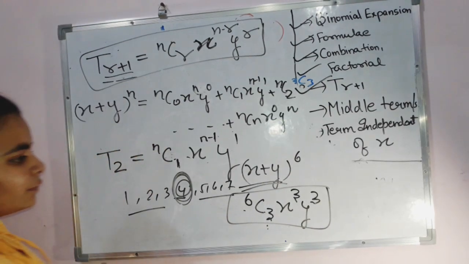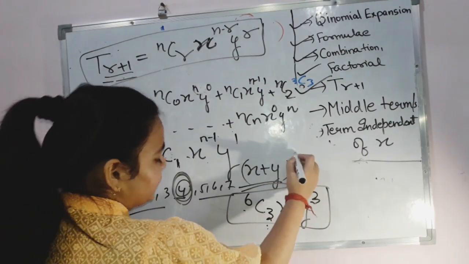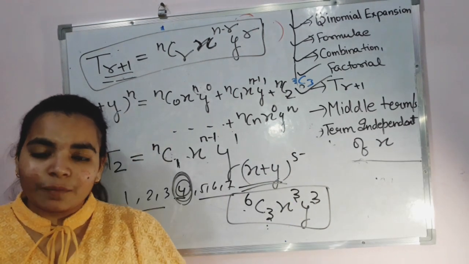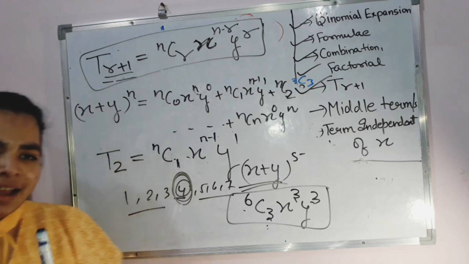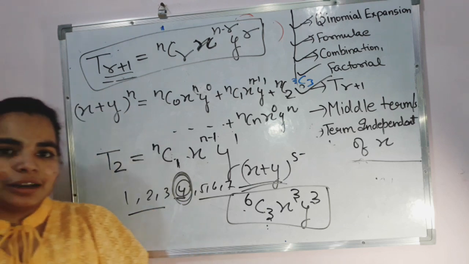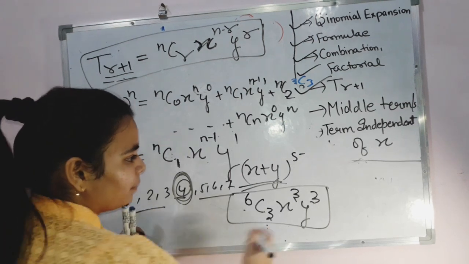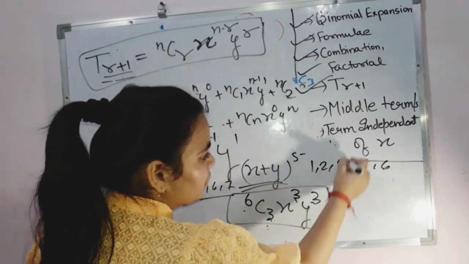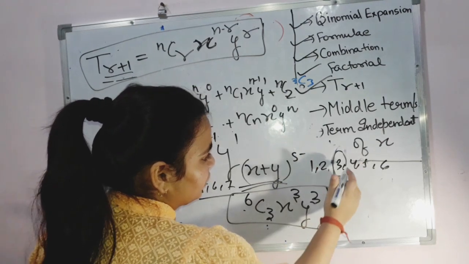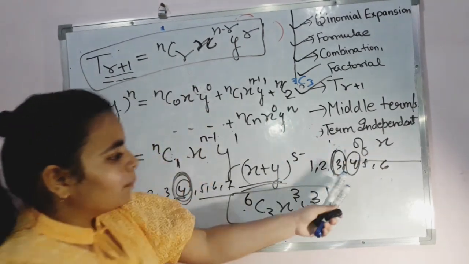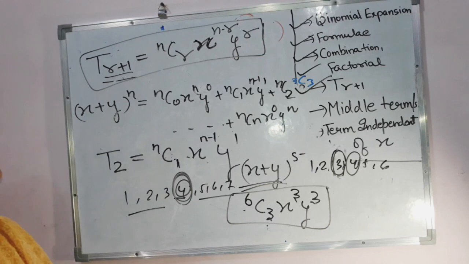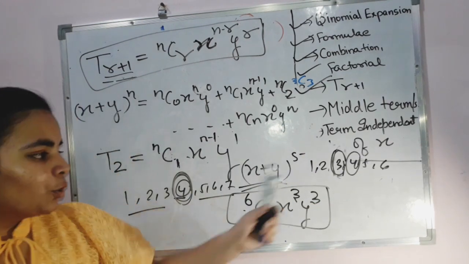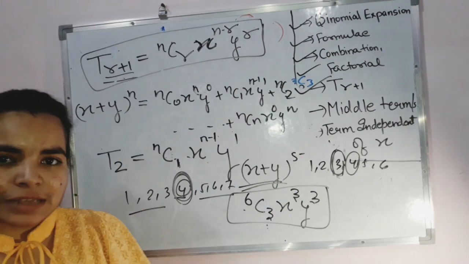Now if instead of 6 it was 5 over here, then I would have 6 terms. Now when I have 6 terms, can I say my 3rd term or the 4th term will be the middle term? No, because I'll be having 1, 2, 3, 4, 5 and 6 terms. So either the third one or the fourth one, both of them can act as my middle terms, so I'll be calculating both the terms, and both of them are said to be my middle terms. So third and fourth both terms I'll be getting.